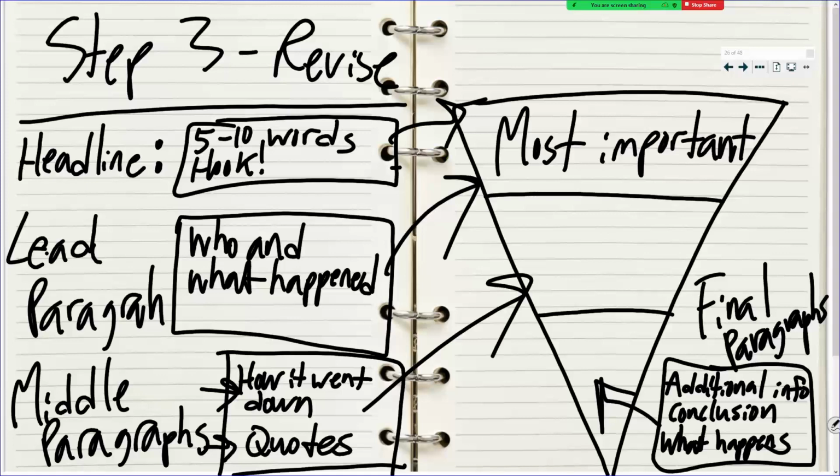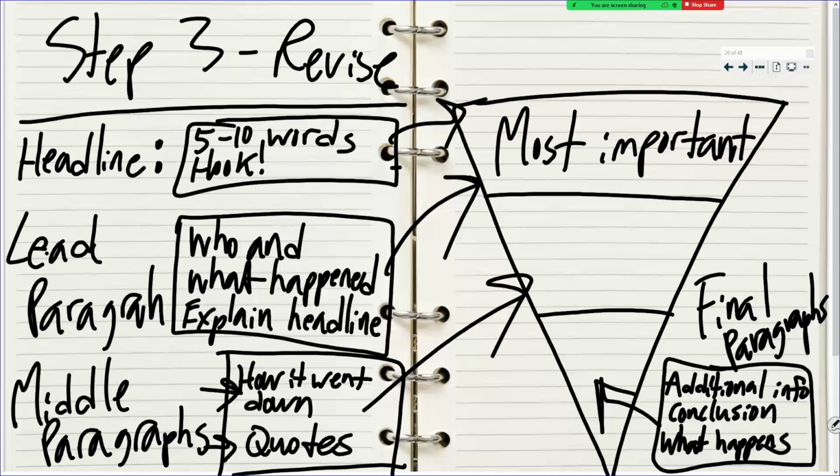So tell us who or what happened. You know, what's the story about? Your lead paragraph should explain the headline. And then your second paragraph should tell us how it went down, give us some quotes from some people, and then your final paragraph should give us a conclusion, an end of the story for now, and some additional info. All right, so that's how I would approach that assignment, okay? And you can also look back at the template because you've already written a news report. So look back at that template to see how they wrote it.